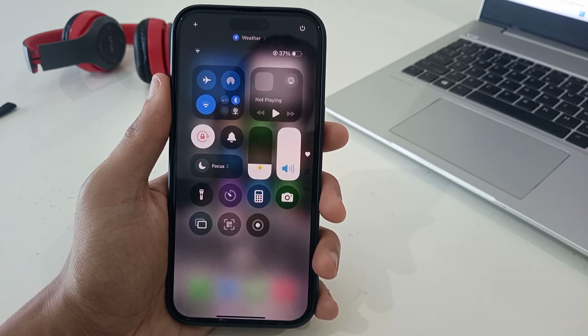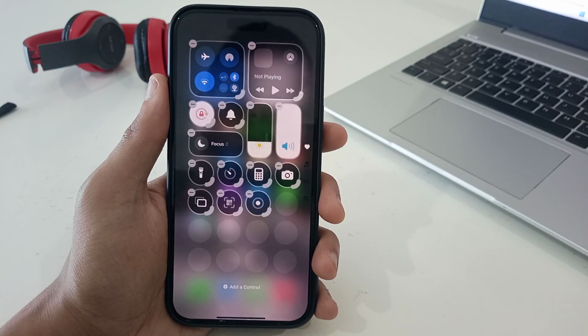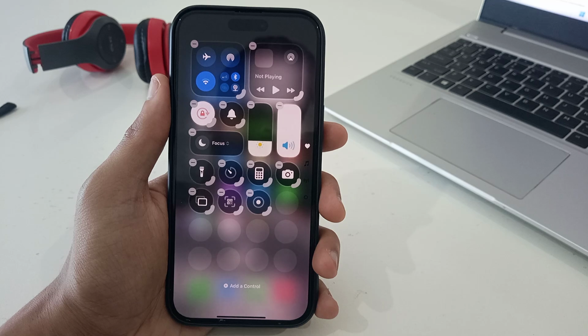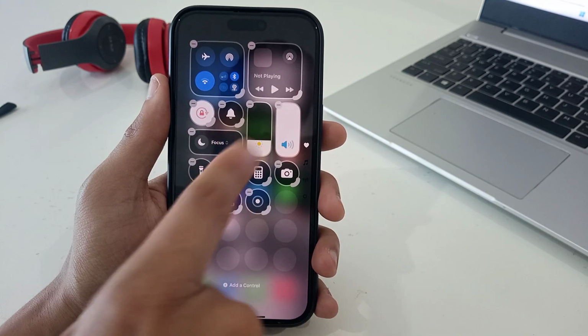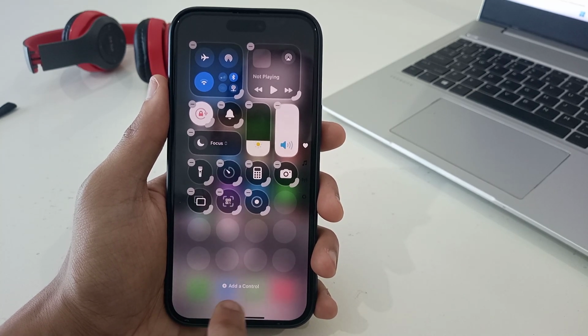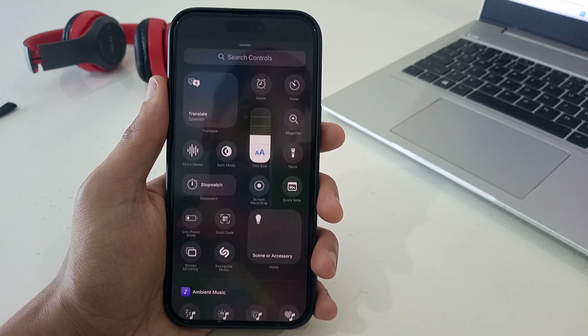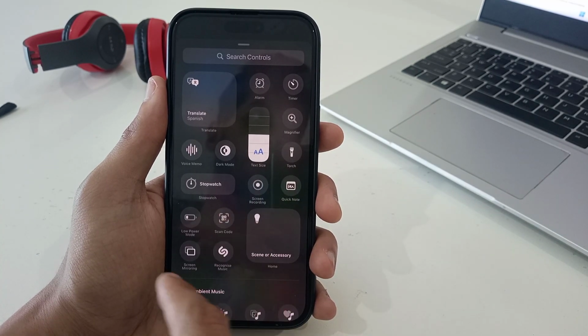If you see on the top left corner, there is a plus sign button. You need to tap on this button and a screen will come up like this, where you can delete or add or adjust different options accordingly by just tapping on it, and you can move it around. If you see below, there is an Add a Control option. You just need to tap on Add a Control, and these are the options which you can add into your